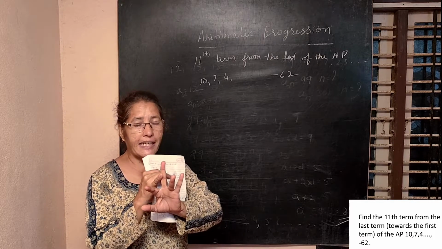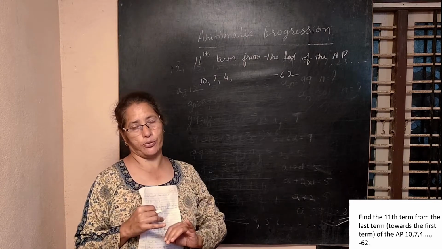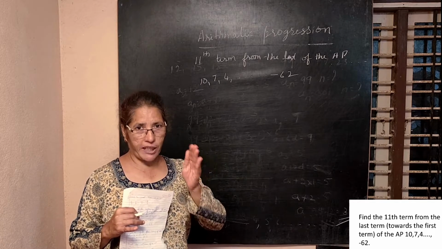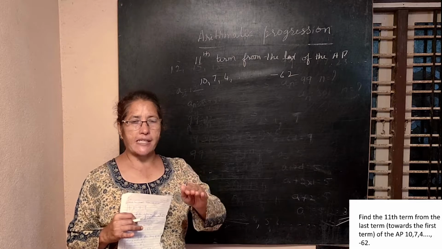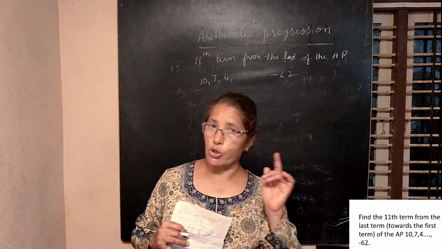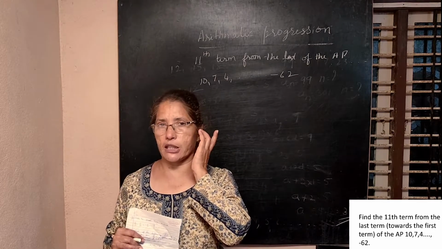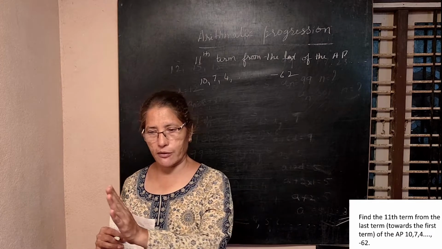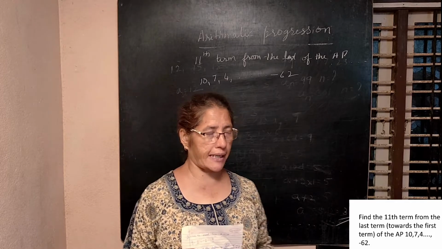So, how did I get third? 5 plus 1 divided by 2. So, suppose if I know there are so many terms, which is the middle term? Suppose if I said there are 25 terms, which is the middle term? 25 plus 1 divided by 2. 13th term is the middle term. So, 13th term, 14th term, 15th term, you will understand better. Let us see later what is happening.